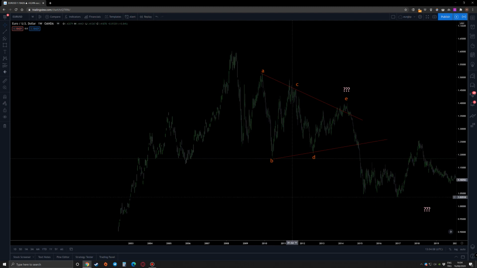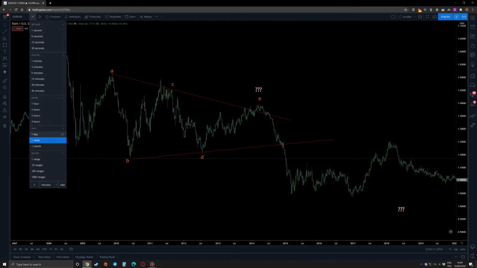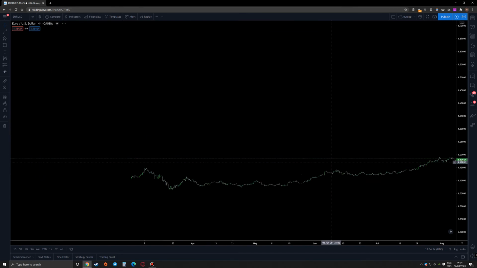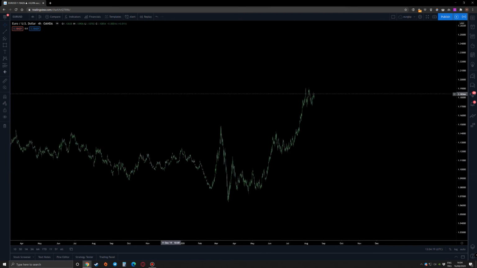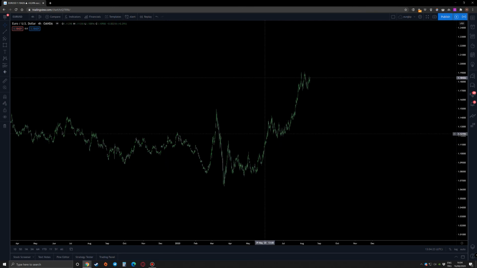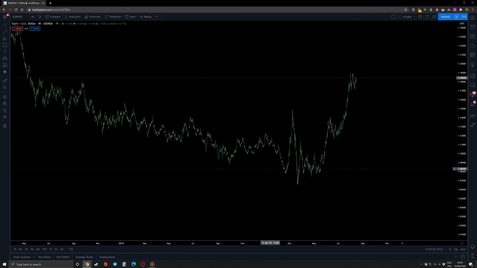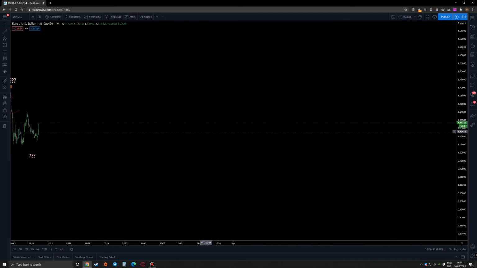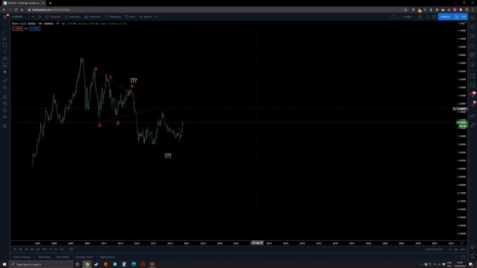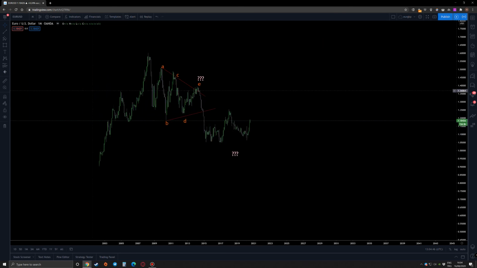It changes completely. So you cannot just come here and take a 4-hour chart as an example. You cannot just come here and say, look at this move, it's 1, 2, 3, 4, 5. You cannot just start like this because, I mean, you can, but it would not work all the time. In Elliott wave theory at least, the correct way to start is usually from a monthly chart, then go to the weekly chart,